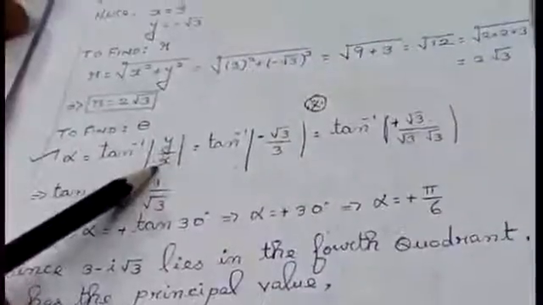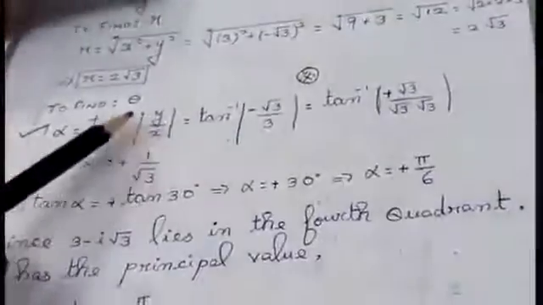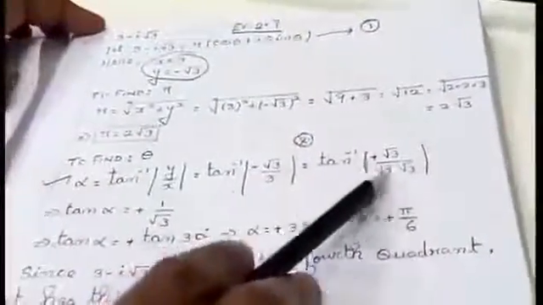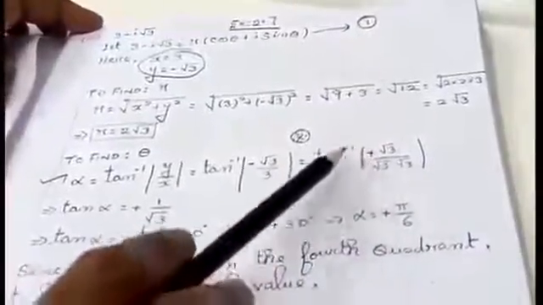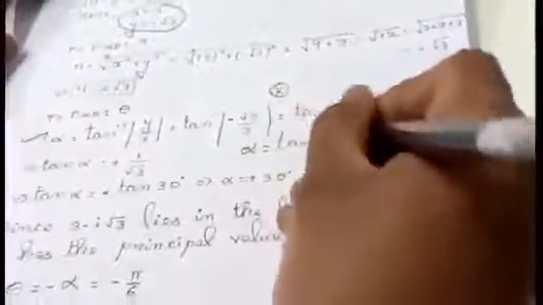Next, what is the value for y here? Minus root 3, and x is 3. Keep this in your mind, students, using this only we are going to substitute the values. I am having the modulus here. This 3 can be written as root 3 into root 3. Cancel the root 3, and automatically you will get tan alpha equal to 1 by root 3. You can keep it as it is, or alpha is equal to tan inverse of 1 by root 3. After removing the modulus, it will be converted to positive.